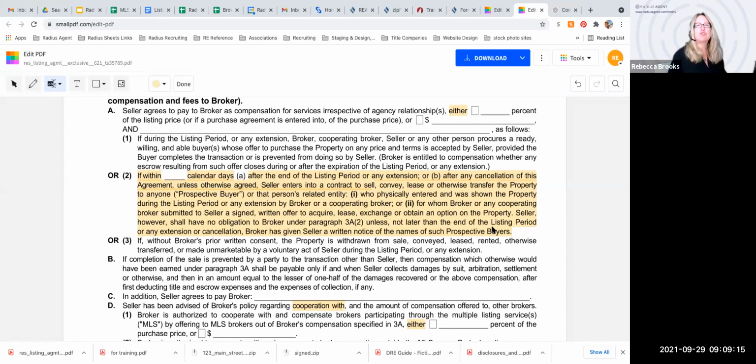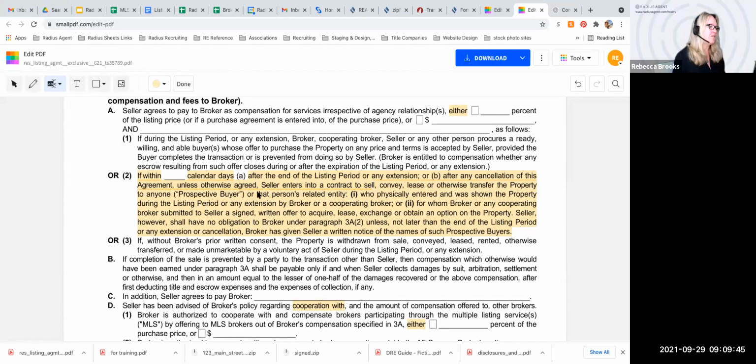You want to be keeping track of the names of the agents who are showing the property, and you definitely want to try and be getting the names of the buyers. Keep good notes of who's entering the property, who the buyers are, who their agent is. Because if for any reason that listing goes away, maybe the sellers decide that they want to cancel on you, you need to give them this list of names of prospective buyers who entered the property, and you have to give it to them no later than the end of the